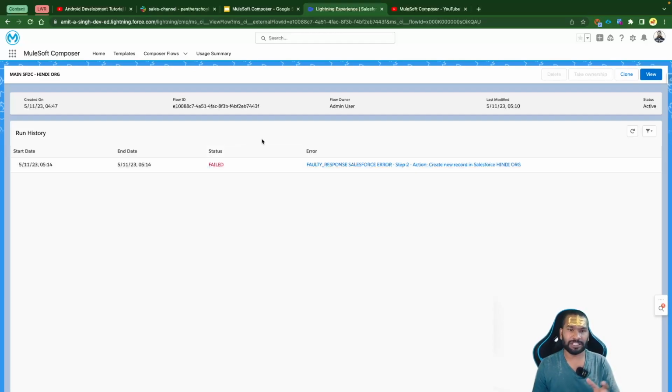As we talked about at the start of this video, this is our flow, which we have named main SFDC to Hindi org. These are the two different Salesforce orgs. You're getting this error, so let's implement the error handler here in MuleSoft. As a prerequisite, you need to create an object that I have already